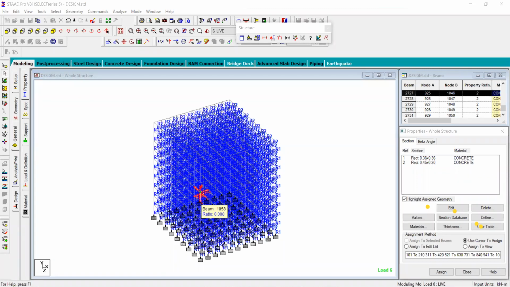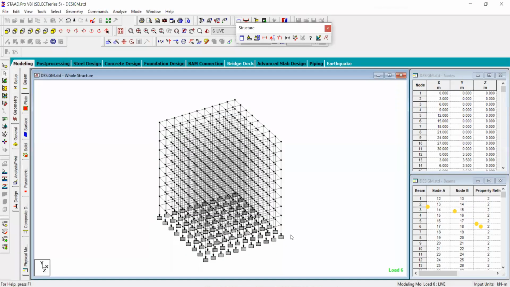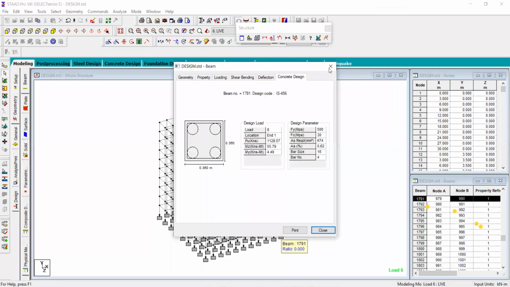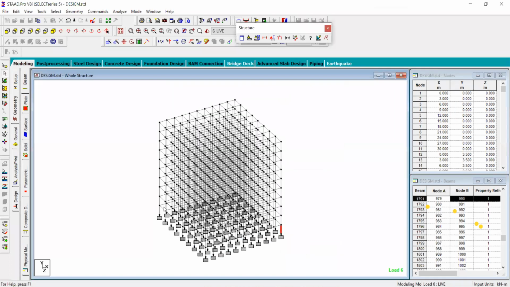Enter. Then no failure. Go for the design. Then see this one. Again, steel percentage is very less, and check another column.